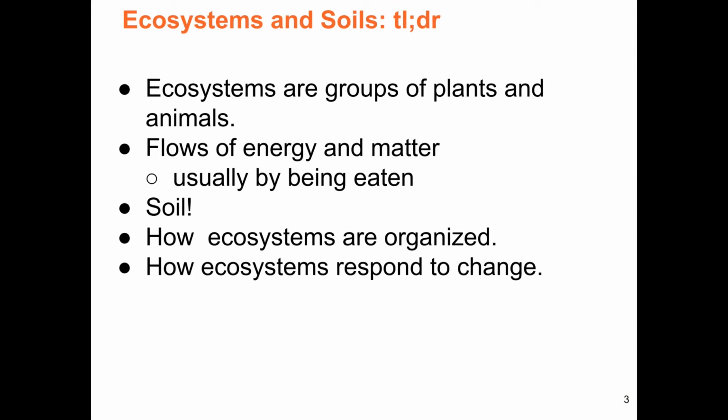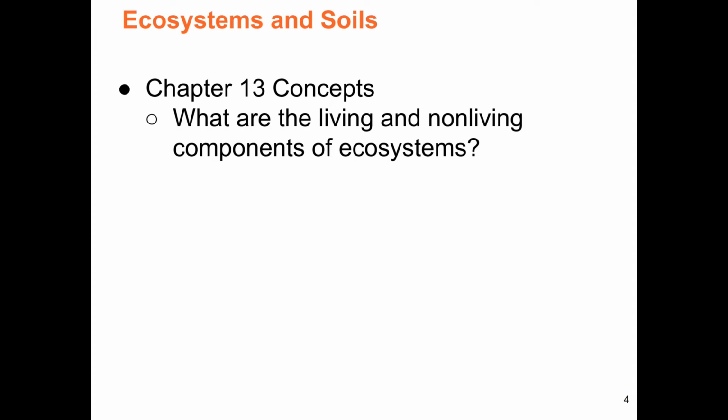So, and we'll look at how ecosystems respond to change. We'll talk about things like evolution. Evolution is one way that ecosystems respond to change. We'll look at invasive species. And we'll look at human disturbances and natural disturbances and how ecosystems respond to change. So we'll look at the living, the biotic, and the non-living, the abiotic components of ecosystems. We'll look at all the different parts and see how they fit together and work.